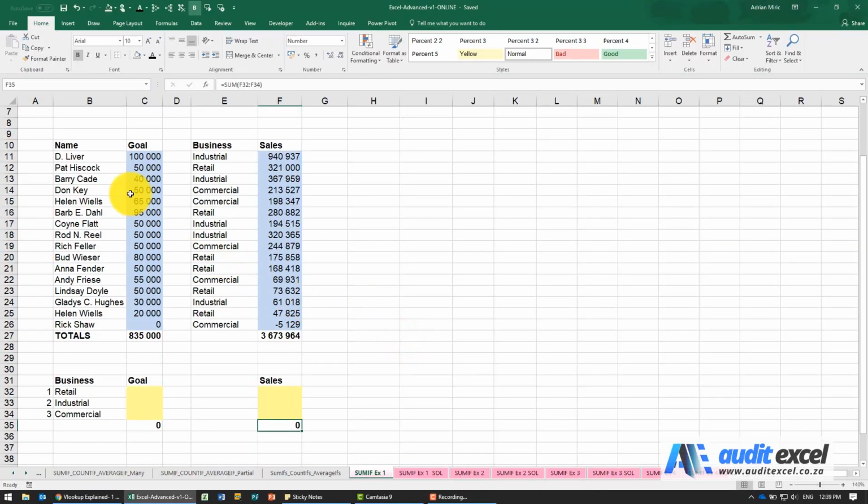In this example, we've got a whole bunch of people and their goal for the year. We can also see what business unit they are targeting, what business unit they're in, and the sales so far for the year. What we want to do is summarize this so it bases on the business unit. So for example, I must add up all the retails. So firstly, we want to know what the total goal is and the total sales are. And if you do it carefully, you should be able to create the formulas here and simply copy and paste them here, and it should work. Just think about the dollar signs.